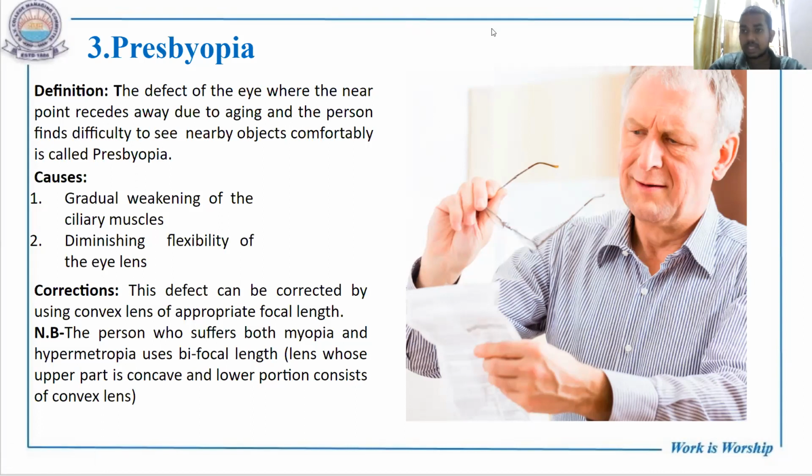This much we have to know about the eye defects as described in our syllabus and also in our textbook: the causes of the defects, the remedies, how we can overcome these defects, and the ray diagrams to show the corrected and defective vision. These are asked many times in the board exam, and also in half-yearly and other exams. So just practice these things. I'm going to share these things with you and hope everything is clear.